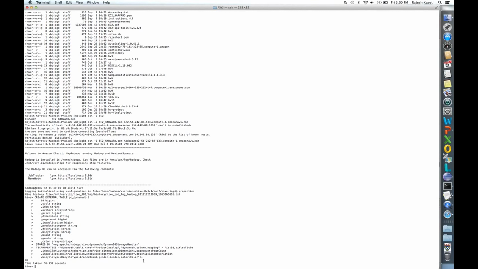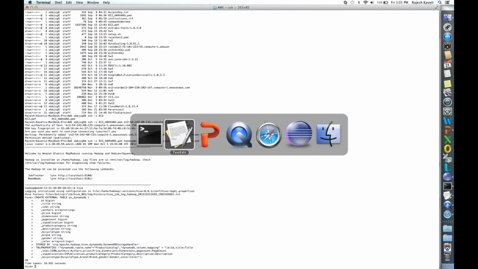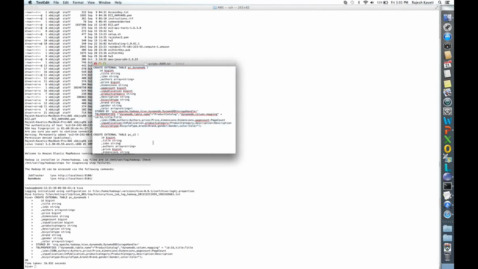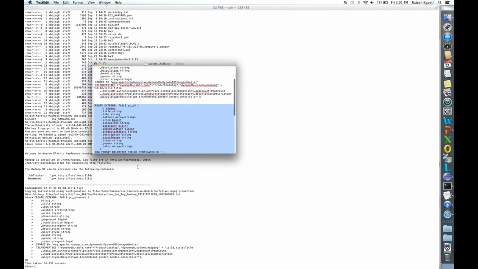So the Hive has responded with OK. I can verify the existing, but I'm just going to skip it for now. Now I have created a table PC DynamoDB. The next part is to create the other one. So I'm just going to take the script again, and this one is the PCS3, and